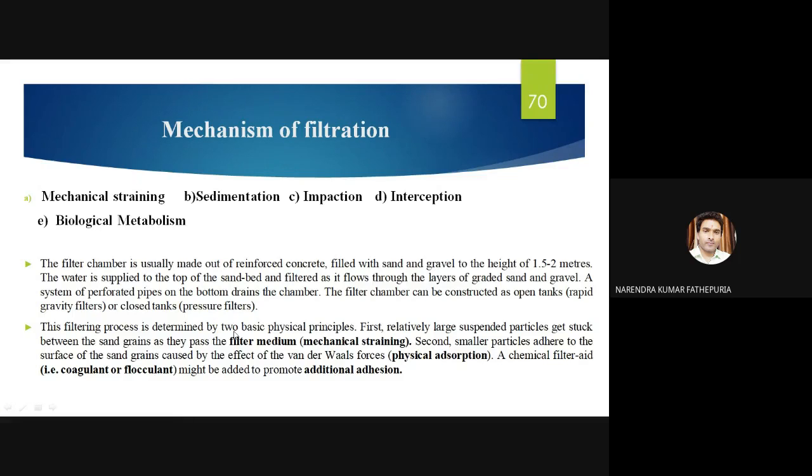This filtering process is determined by two basic physical principles. The first, relatively larger suspended particles get stuck between the sand grains as they pass through the filter media, which is called mechanical straining. The second, smaller particles get stuck to the